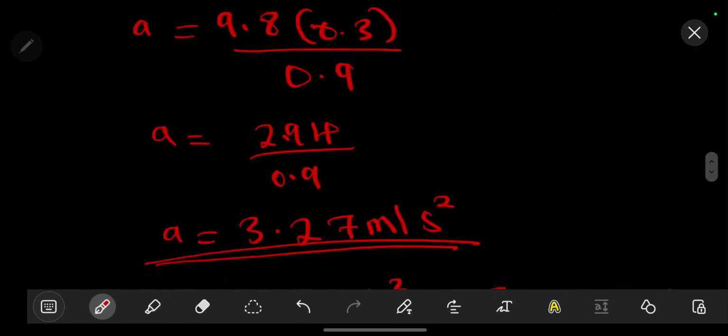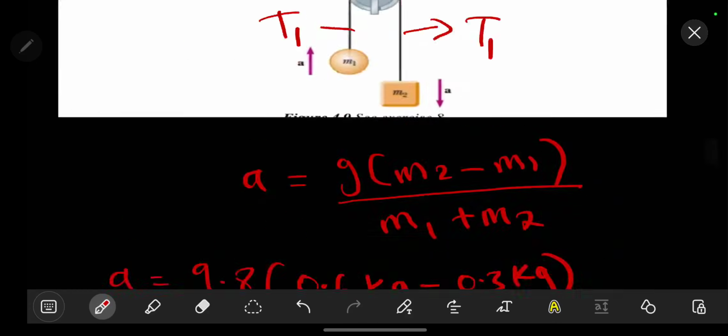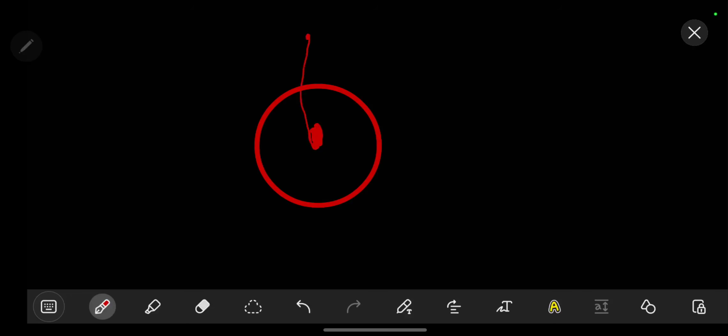Let's look at our last part of this problem. It says the force exerted by the clamp on the pulley. So the force exerted by the clamp on the pulley. If you look at how it is, the pulley is this one. Now we want the force exerted on it. So we have here, this is the point of attachment, like that. So remember,